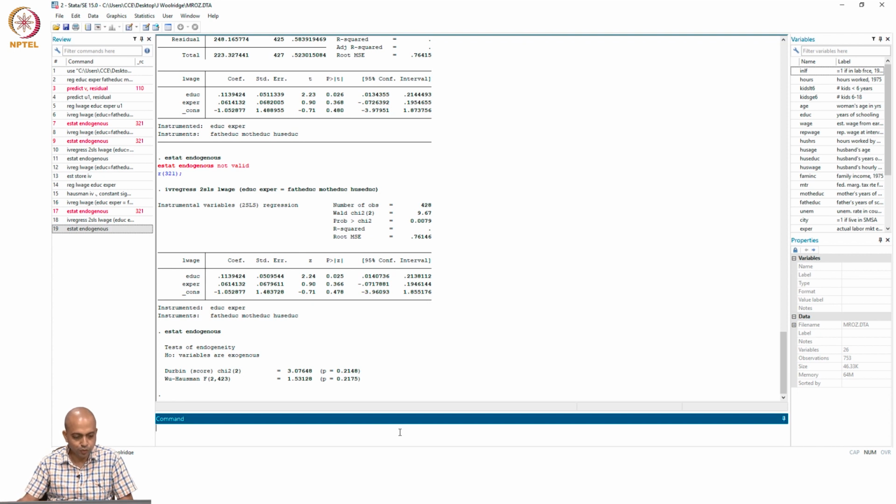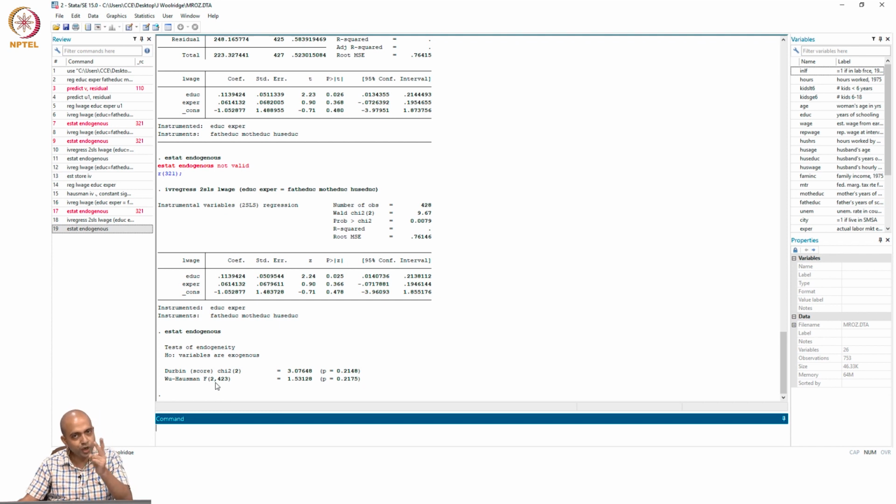Okay. Now, if you look at what is the null hypothesis here, variables are exogenous and we cannot reject the null also. So, there is no endogeneity problem, but the difficulty is here they are saying all variables are exogenous, but which particular variable is exogenous, whether one variable is exogenous or all the variables are exogenous, that we cannot say, because it is based on an F statistic which is saying whether the variables are significant jointly or not.